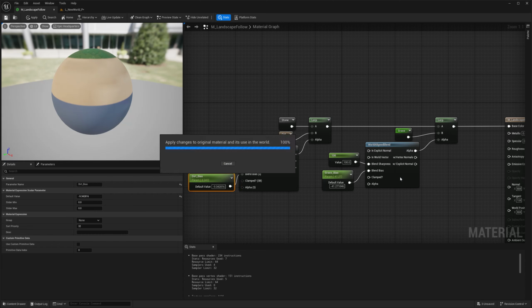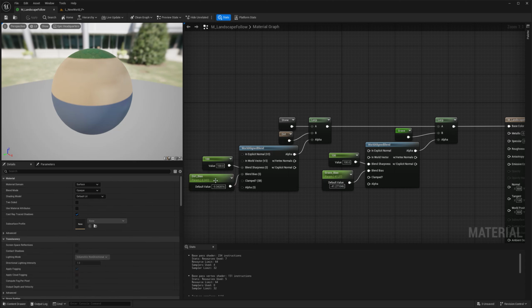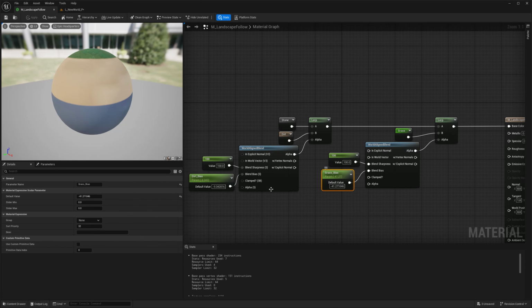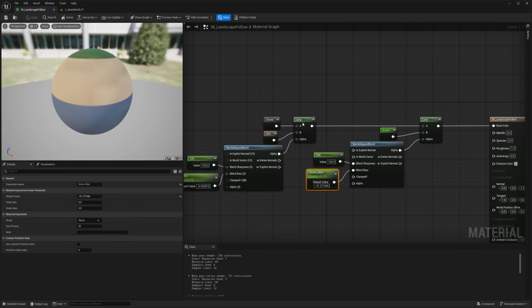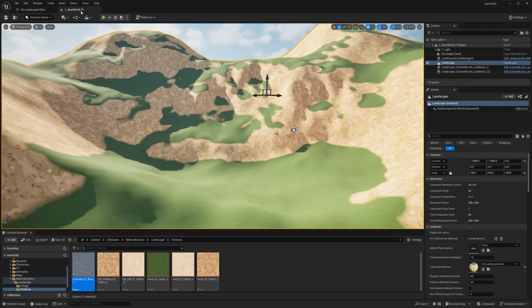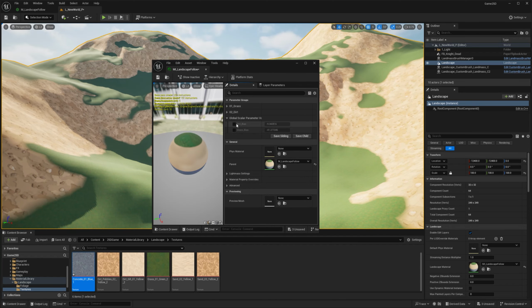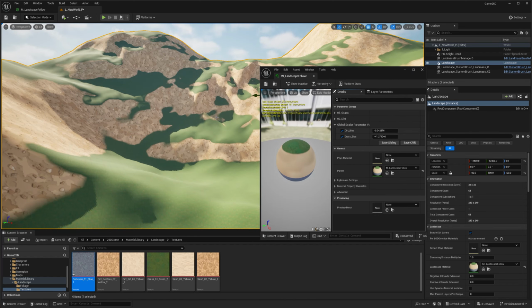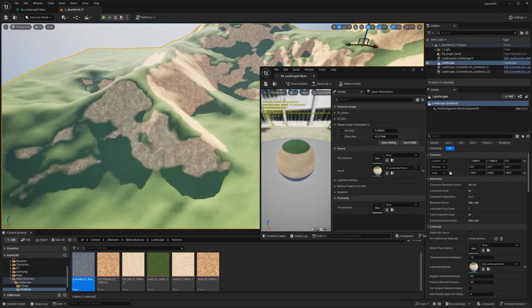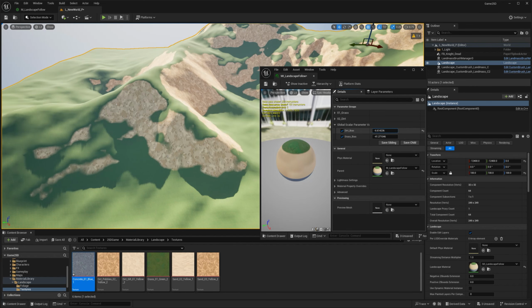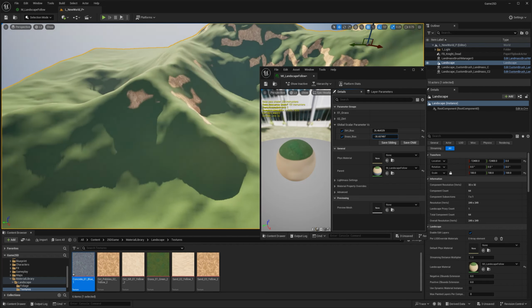And just like that, we added a whole new layer. Notice the bias is a different name. One is for the grass, the other one's for the dirt. And that's the order that we set this up. So I'm going to save it. Go back to my world. Open my instance, okay? And make sure that I'm playing with those values there. Dirt and grass bias. So let's go a little bit down. And I'm going to have to push this around.